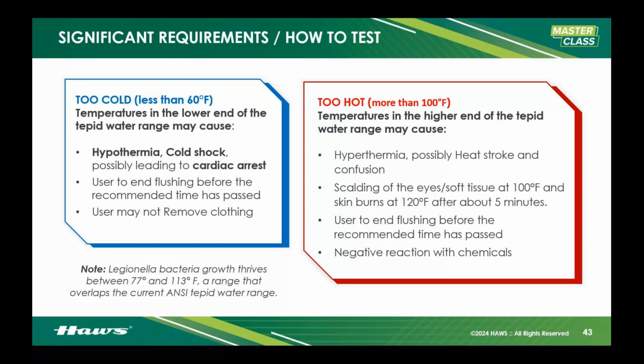Now, the other reason we want to keep that water temperature down is the negative reaction with chemicals. Depending on the chemical, you may have a negative reaction with warmer water. 80 to 85 degrees water is what we preset all of our stuff to. Mixing valves, instantaneous heaters, etc. are set to 85 degrees. I mean, again, it's not going to be nice and toasty like your warm house shower, but it is going to prevent negative reaction with chemicals and keep you warm enough that you are not going to have the negative effects of too hot or too cold.